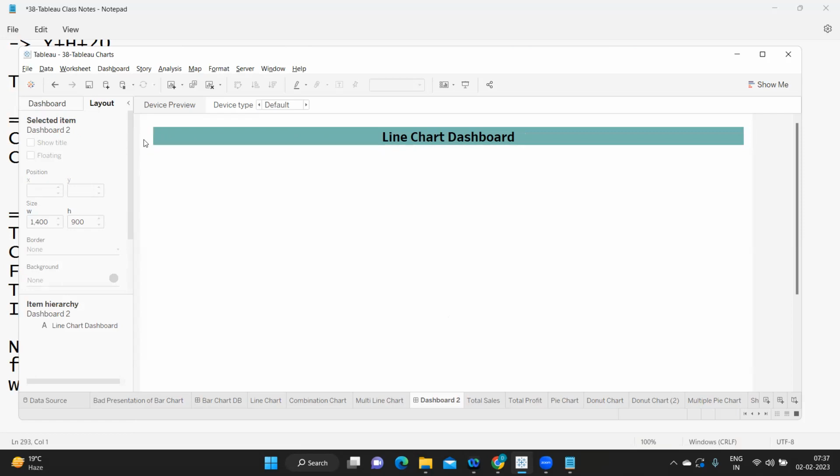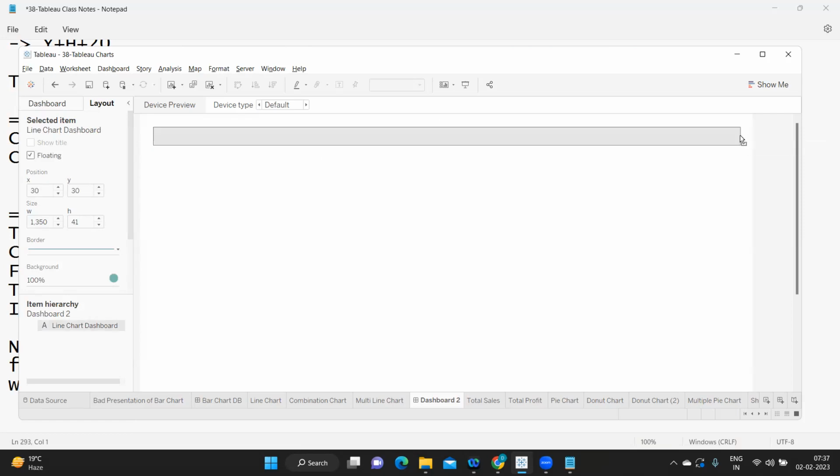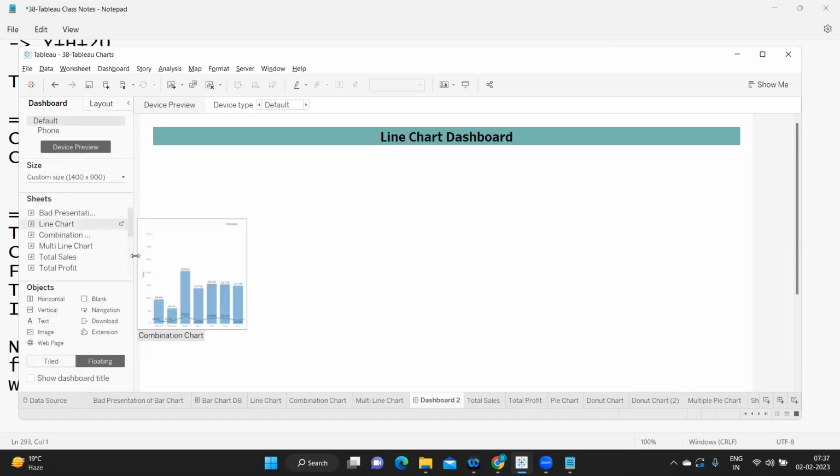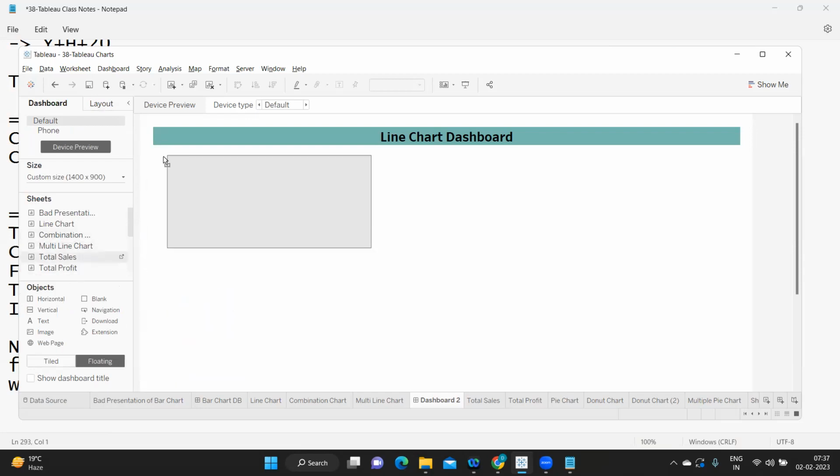Remember, on the left side I am giving 30 spaces, and on the top I have given 30 spaces, and if required on the right side also we can give 30 spaces, so we can manually calculate the size. Now let us add objects, and the first thing is I'm adding my two important KPIs